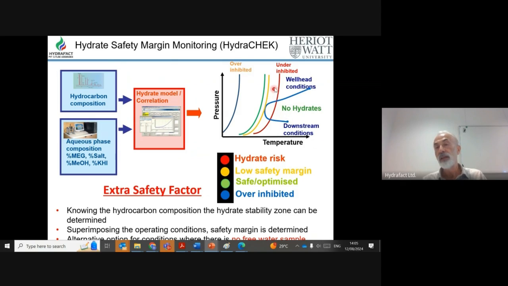We can see that if the condition is here, then there is a risk of hydrate, so we put here hydrate risk. Here, the amber line,